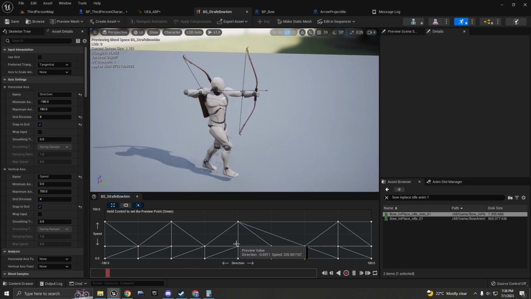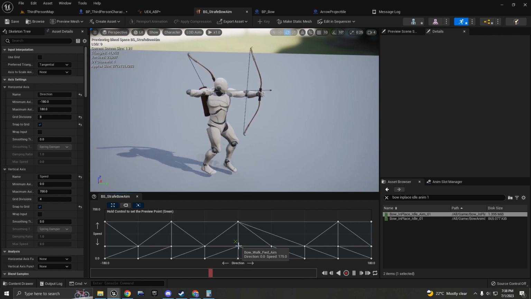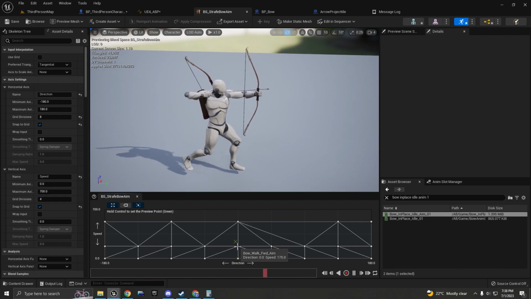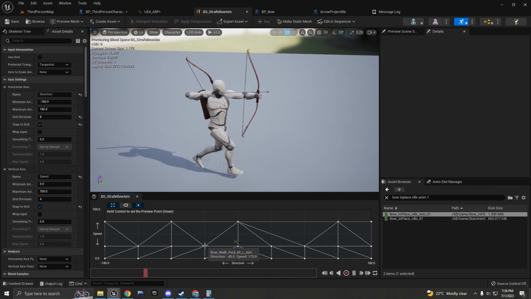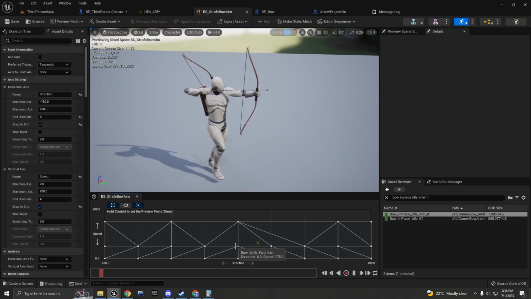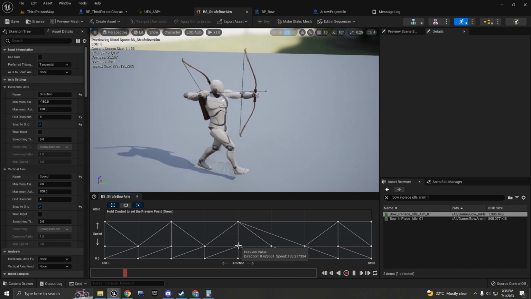And here in the middle, you add a bow walk forward animation, aim, bow walk forward aim. Here is bow walk forward 45 L aim. So you're going to add this animation depending on what angle your character is going for. So if I'm moving forward and I'm